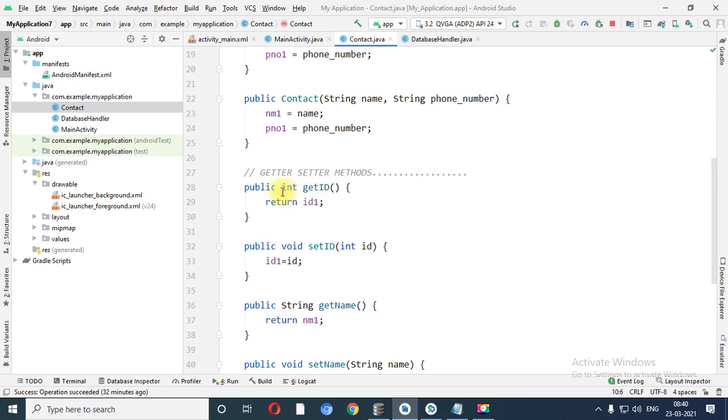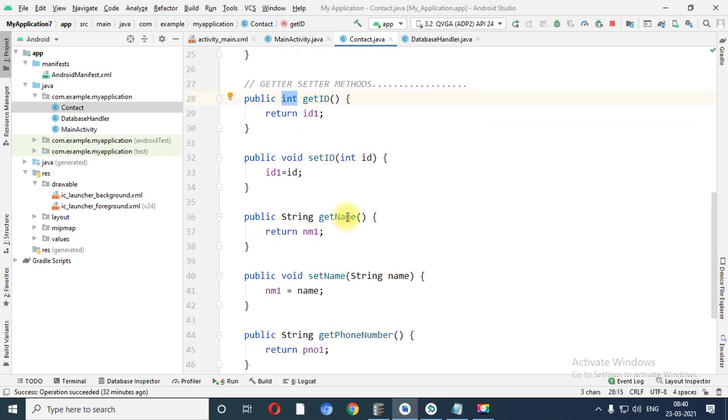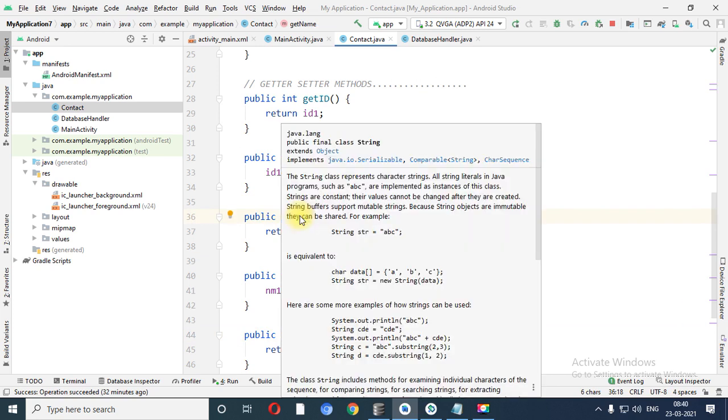Over here, how can you define the return type as an integer? Because my ID variable's data type is declared as an integer. Similarly, the variables name and phone number are defined as a string data type. So over here I have declared it as a string.